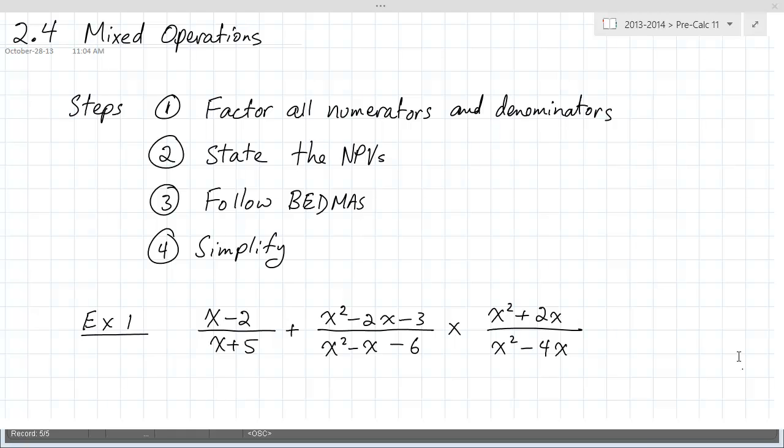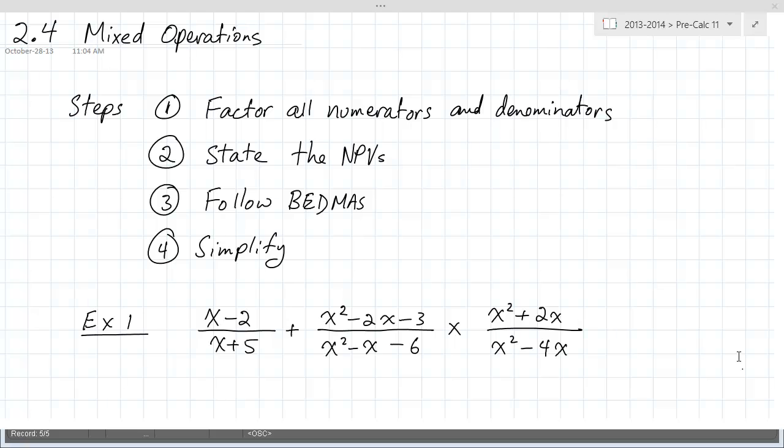We state the non-permissible values because these are rational expressions. The denominator cannot be equal to 0, so we state what values of the variable would make the denominator 0, and then we will not accept that. Because these are mixed operations, we follow BEDMAS, right? Because there's addition, subtraction, division, and multiplication involved, then we follow BEDMAS. And BEDMAS is going to be sort of our guiding procedure to have some sort of normalcy in this,